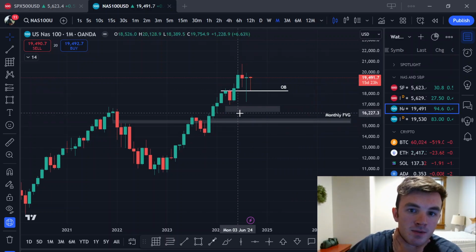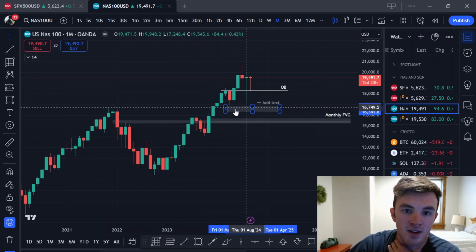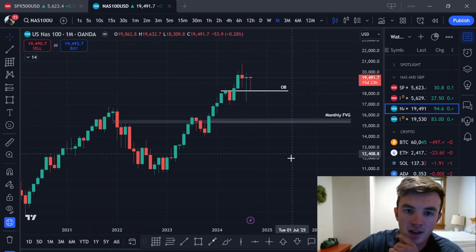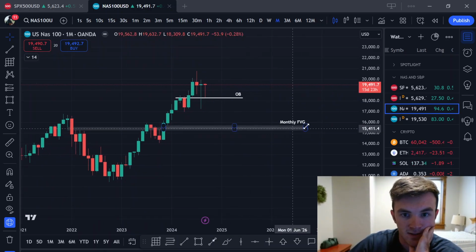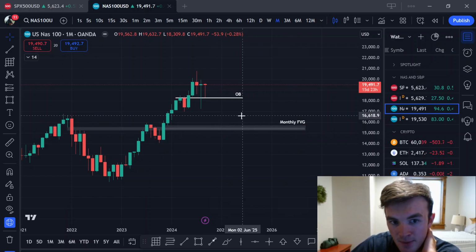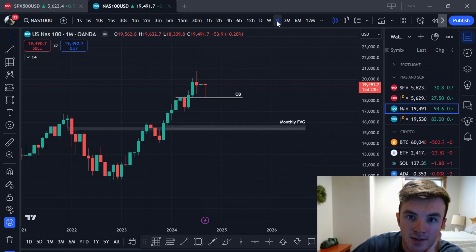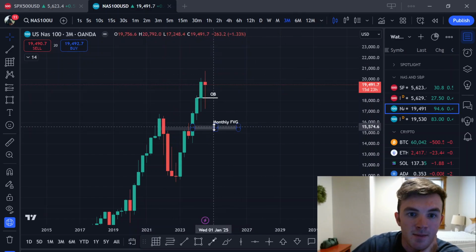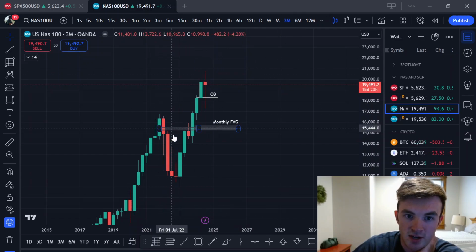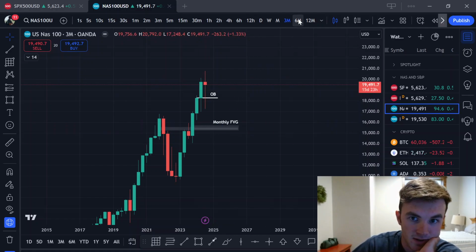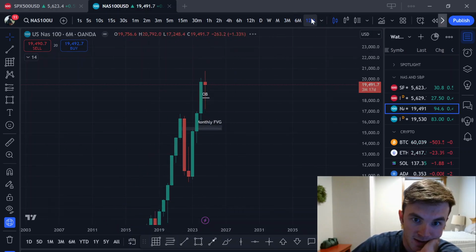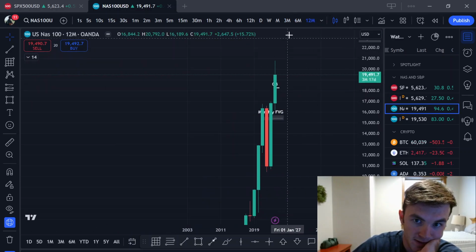And so this to me just seems like a ton of liquidity right now. And it seems like this order block is failing. To me, this seems like where price wants to go. And then at that point, I'm not really sure. It would seem like at that point, maybe we go higher because this is like a giant 3-month order block, and probably continue higher at that point. You see this is a 3-month fair value gap. Yeah, this is like a 6-month order block, yearly order block.